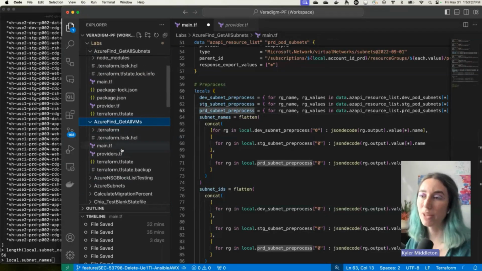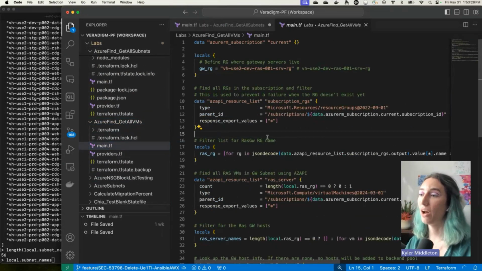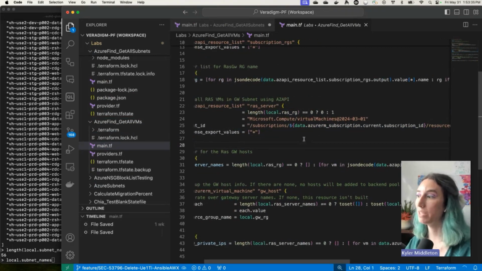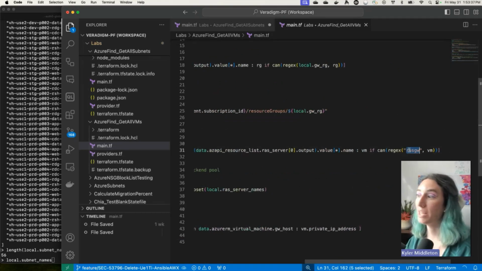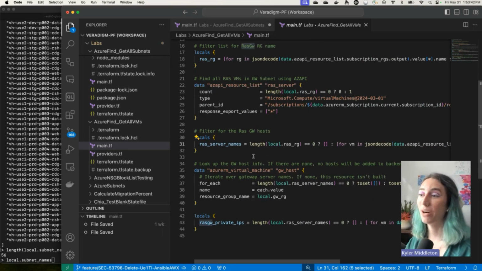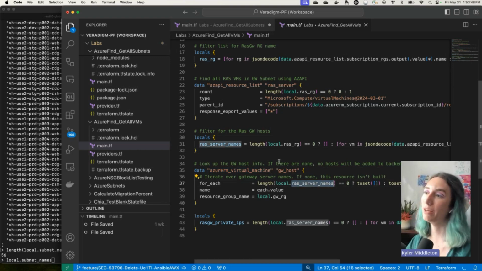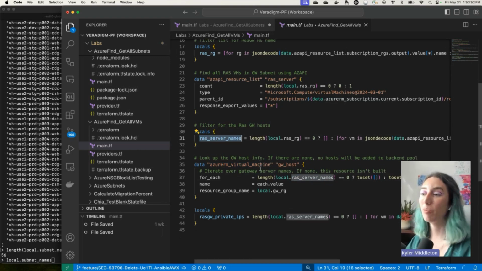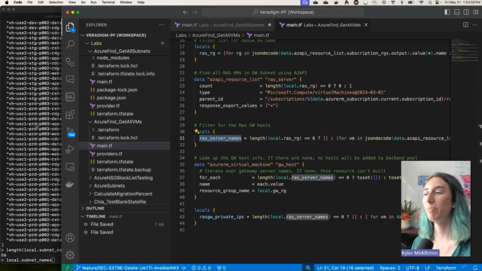I don't think we'll have time for that today, but we find all of the resource groups. We look inside them to find all of the RAS servers, just filtering based on their names. They all contain RAS gateway. It'll look really similar to what we just did. And if there are any that exist, we can use the Azure RM side of the house to do a data call on a single virtual machine, because we're iterating through all the ones we found in all the resource groups we found. And we can output their private IPs, because we need their private IPs to be behind an